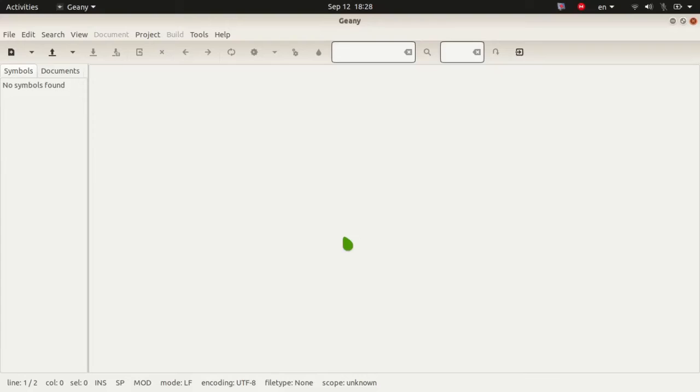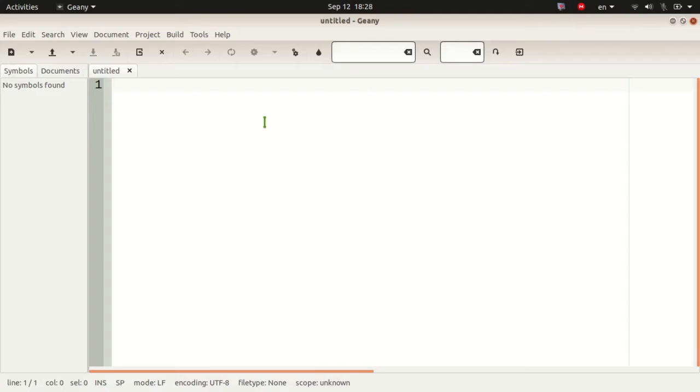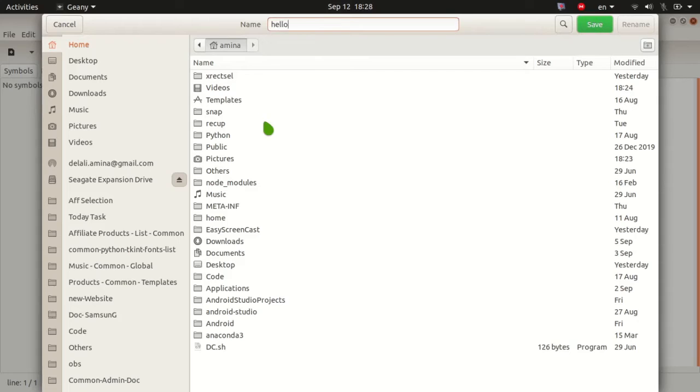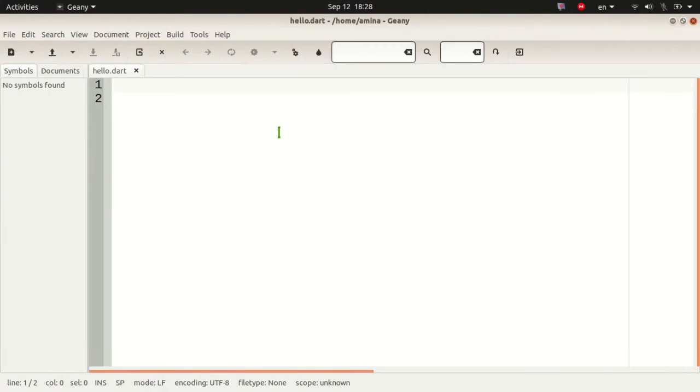The hello world code in Dart. Simply create a new file, save it with the Dart extension. Here I'm going to save it to hello.dart. I'm going to declare the main function that returns void main,